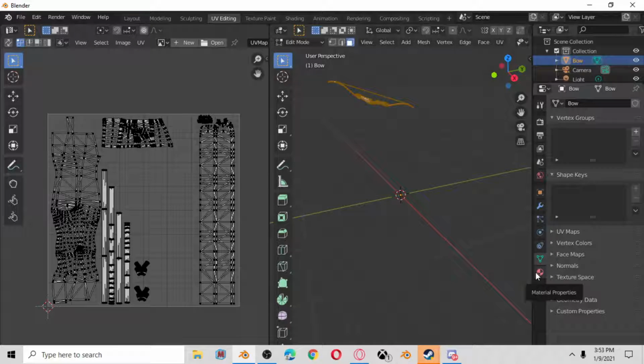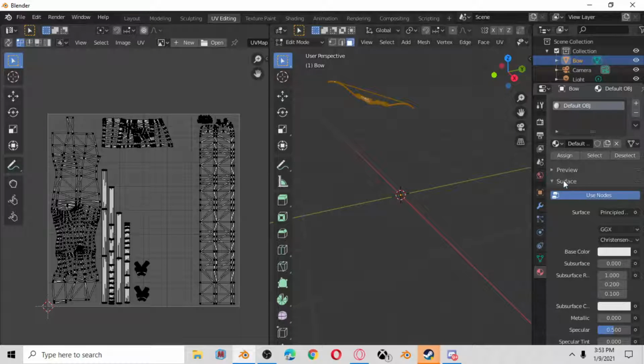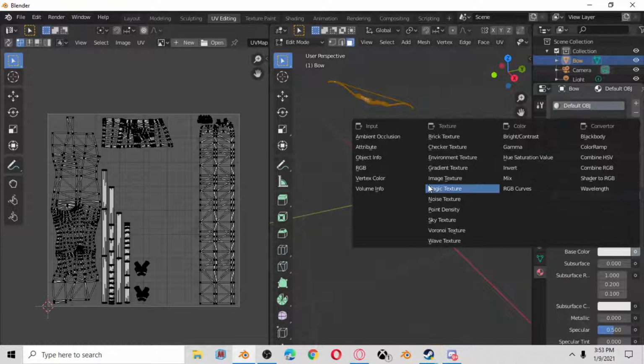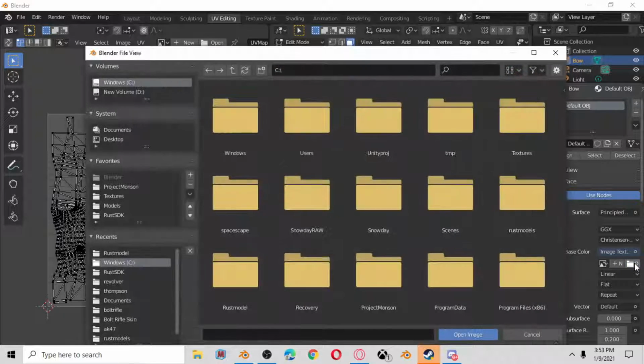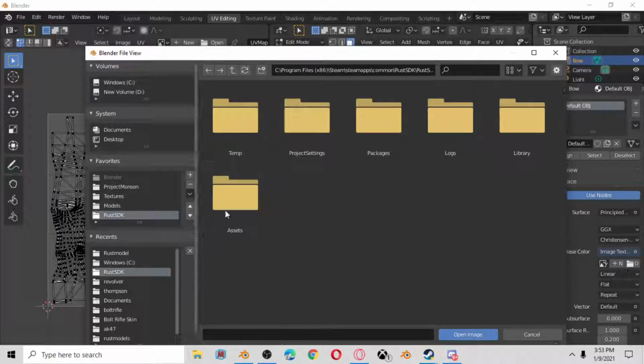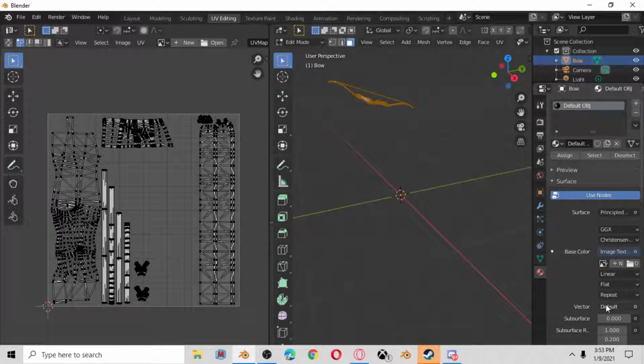So you go down here, Material Properties. It's default.obj. We're doing image texture. Right down here, open image. This is if something's already set up and you downloaded from inside Rust. You would choose whatever file that you chose to download it into, like Rust SDK, and then go from there. However, what we're doing this time,